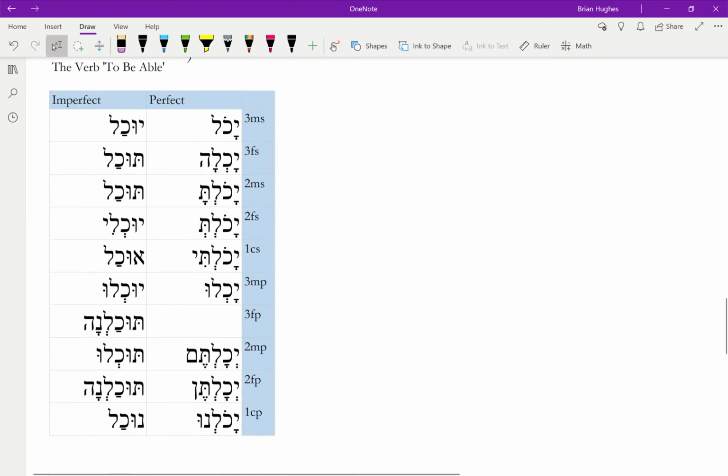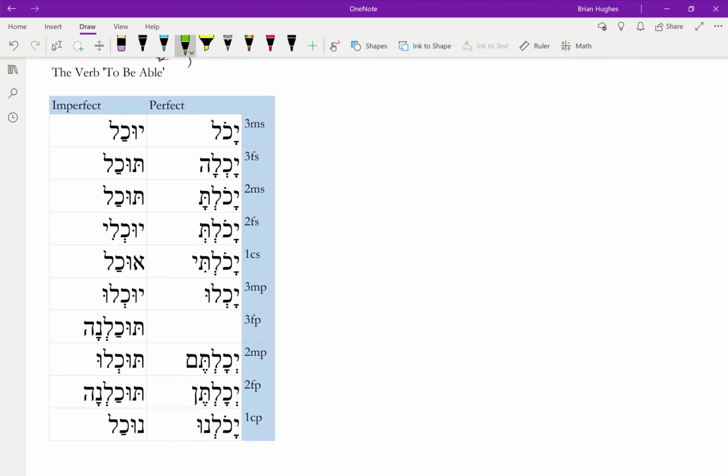All right. Then Furtado wants to go over the verb to be able, which you learned as part of your vocab. So yachol, yachol. Now normally, and this is, I think, perhaps a helpful way to remember this, because it's going to look kind of backwards in terms of the perfect and imperfect conjugations that we have learned. Just remember that this is the lexical form, yachol, yachol. So remember, our lexical forms are cal perfect 3ms forms, and normally we have a kametz here, but here we have a cholam instead of the